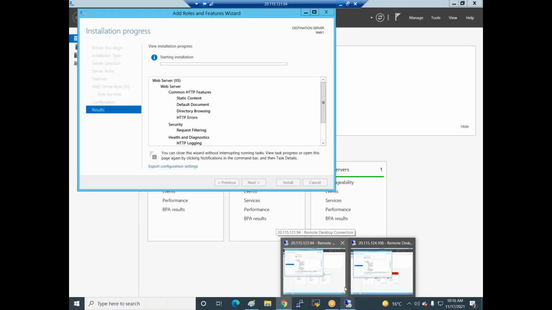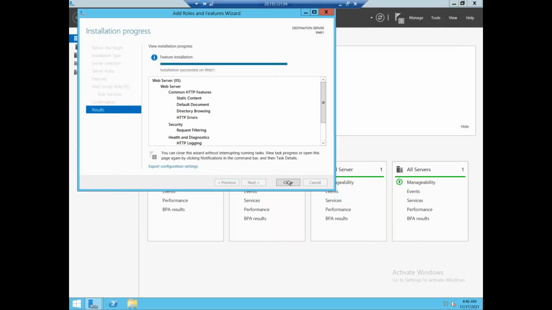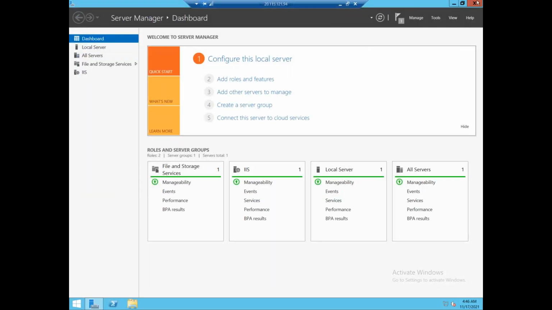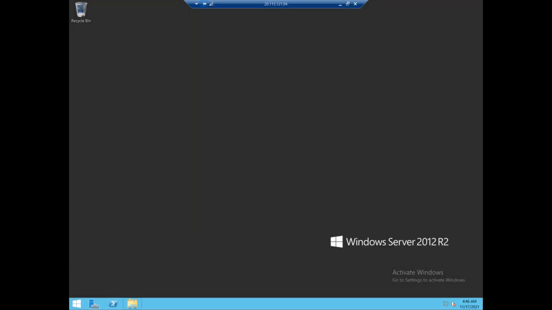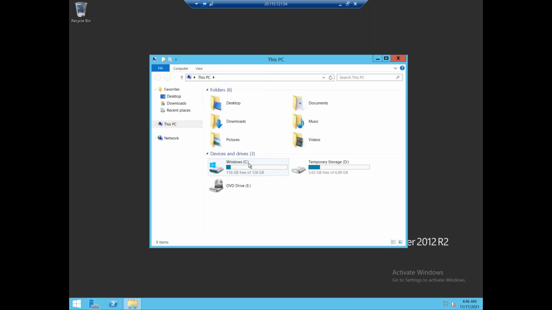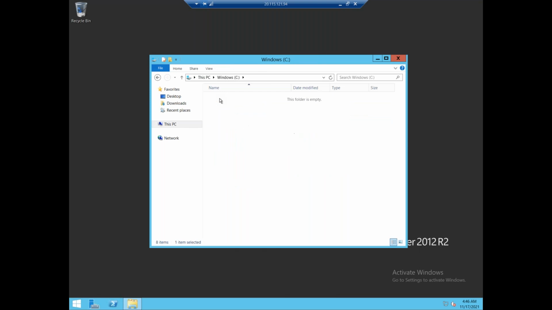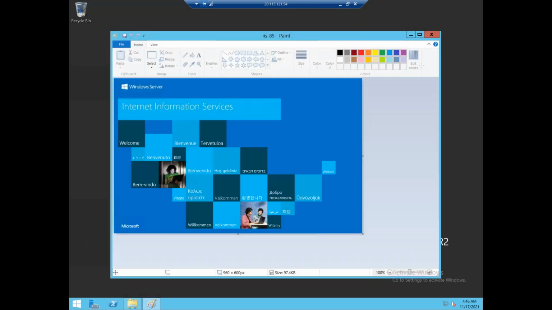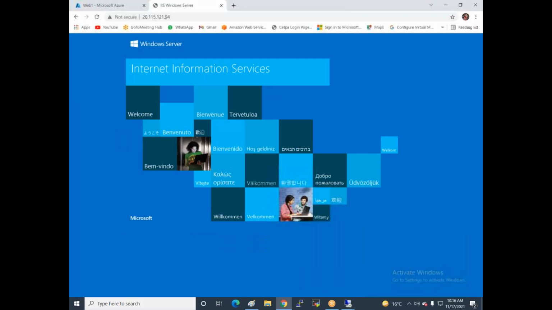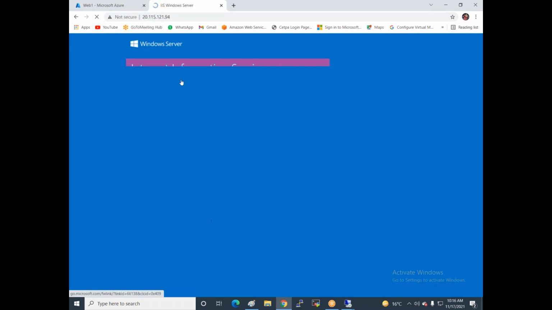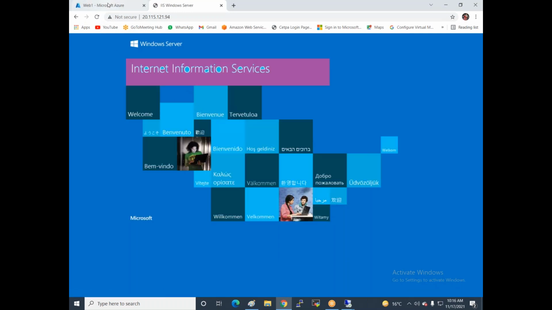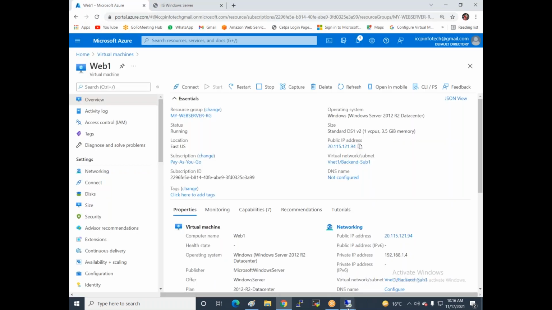I click on web 1, and this is the location of the default web page, in the C drive. These directories come after installing the IIS role, and inside the IIS role the default web page is opened. If I refresh, you can see that this web server is open. But now I'm going to change my entire website.